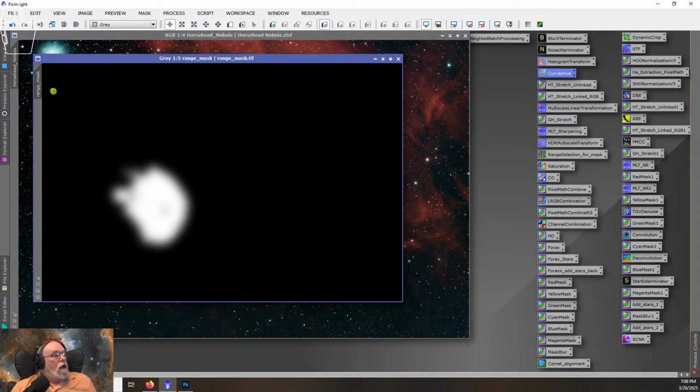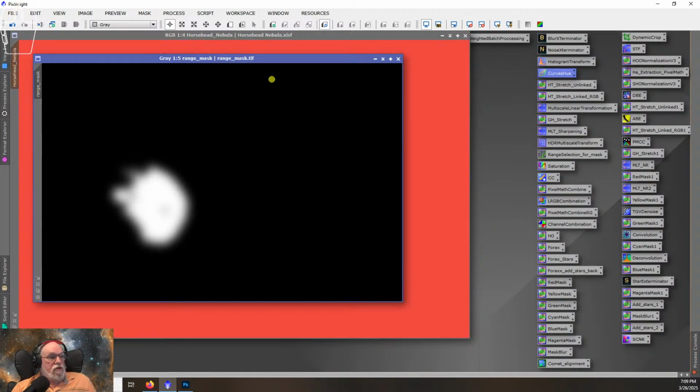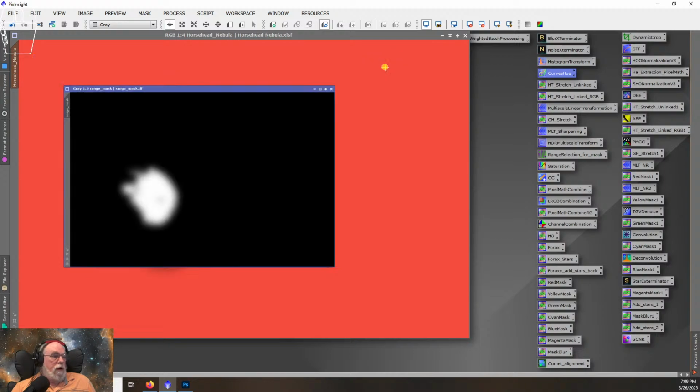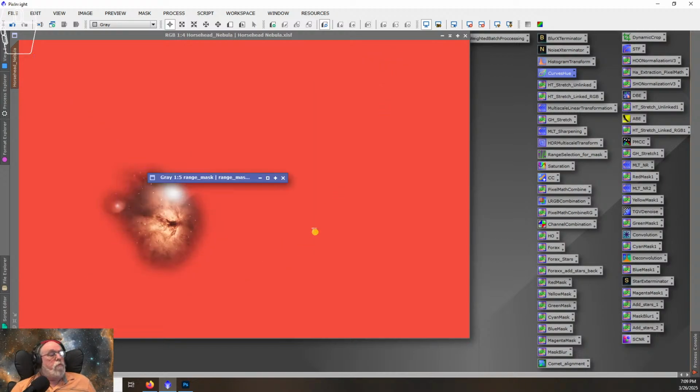Now, I'm going to drag this over to here. I don't want to drag it onto here. I'm going to drag it down just below that, and that's going to apply this mask to our picture. And you'll see behind it, it turned red. The red part is the part that